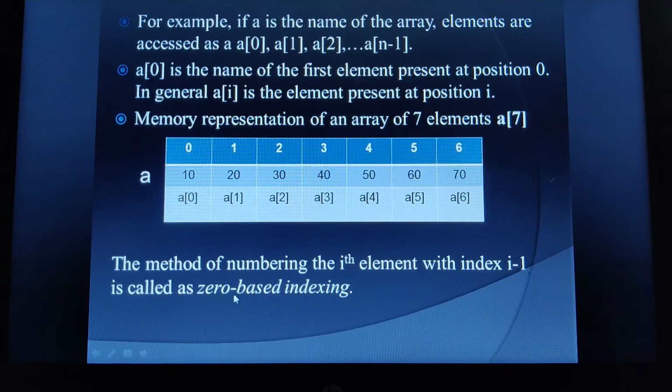And why is it referred to as 0 based indexing? Because our array subscript starts from the 0th position. I hope children you are able to understand. Once you see the video, refer to the textbook also. Go through the textbook once again so that you can clearly understand. Because it is the first time, you may feel a bit confused, but in my doubt clarification class also I will be repeating.